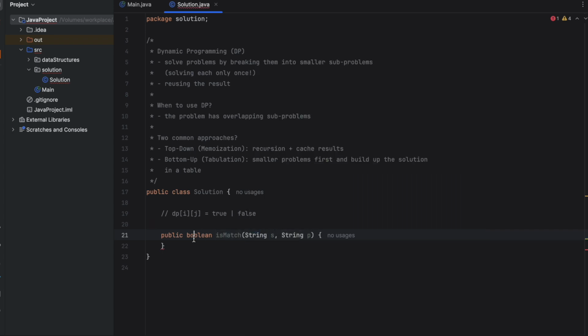The return value of the method will be a Boolean flag, true or false, depending on whether string s matches the pattern p or not. So we will create an additional table called DP, which is a Boolean matrix, where DP of ij